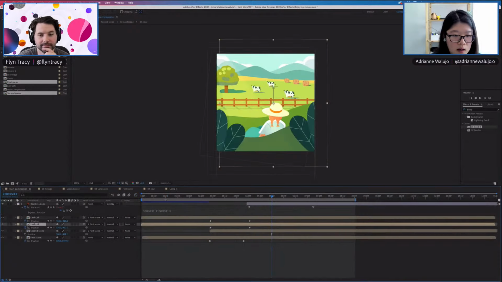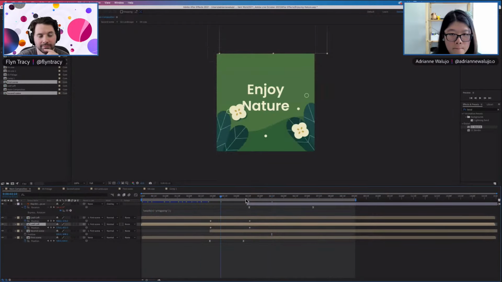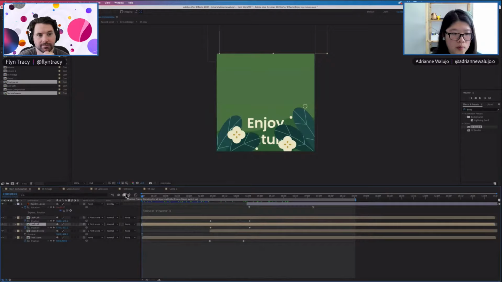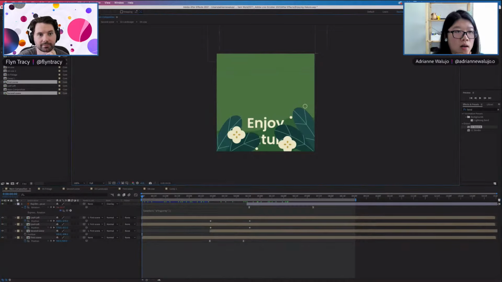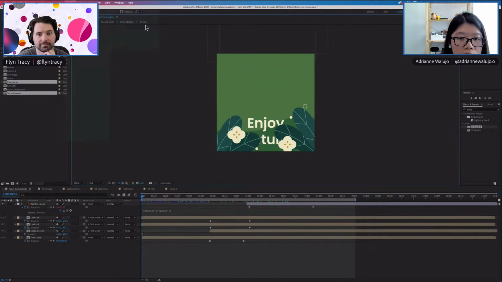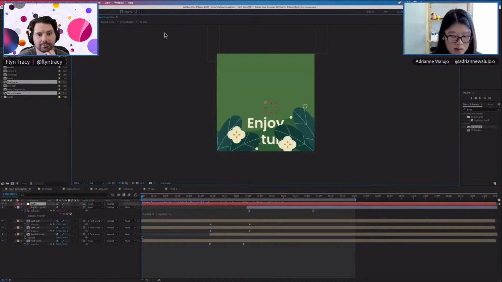Now I wanted to add another secondary, slow pan movement, and I'm thinking about the best way to do that. So I go to layer, new, null object. A null object is empty, but it's something you can use as a controller, and people sometimes parent the camera to a null object to control camera movement.